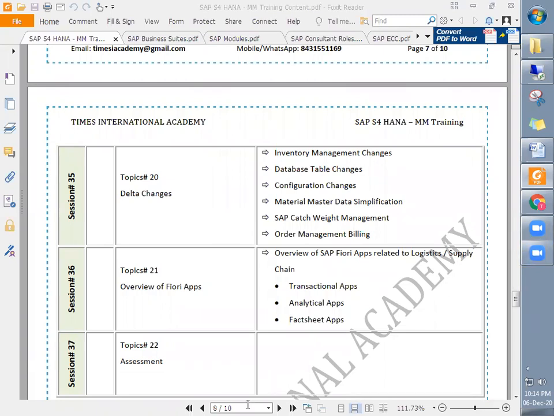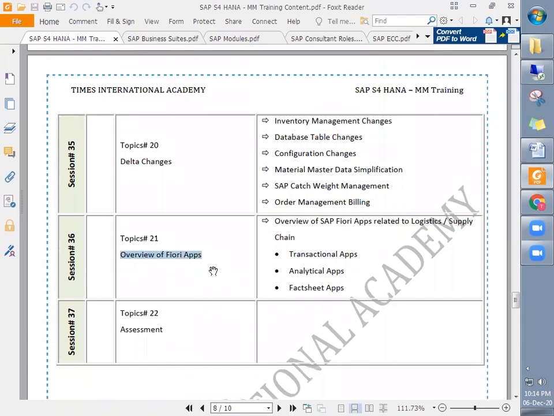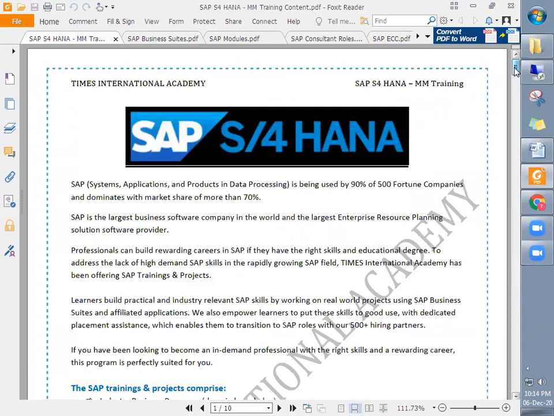Then an overview of the Fiori apps, where we will discuss the Fiori app in detail, and then the final assessment. In total, this complete course will be completed in 36 sessions.